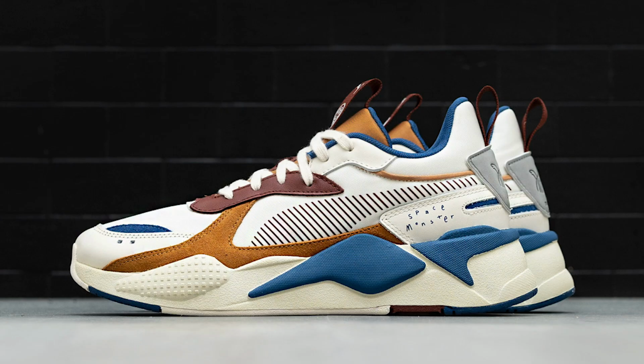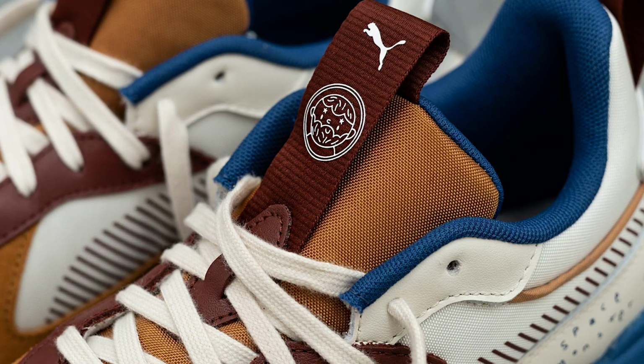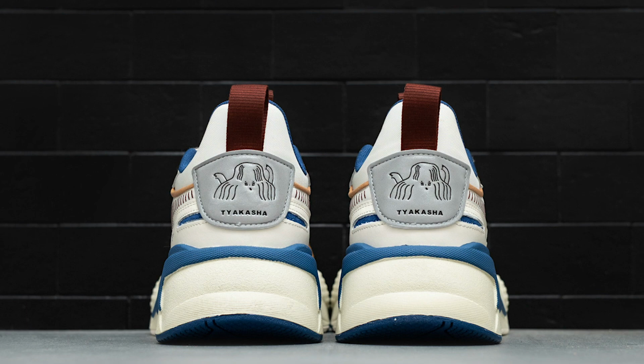It definitely has more of a low-key, subtle flex kind of vibe. I really like this mustard yellow they have on the side of the shoe, and the blue contrasts it really well. And then you have leather hits in the burgundy, dark brown colorway on the tongue near the eyelets. It just looks really clean,